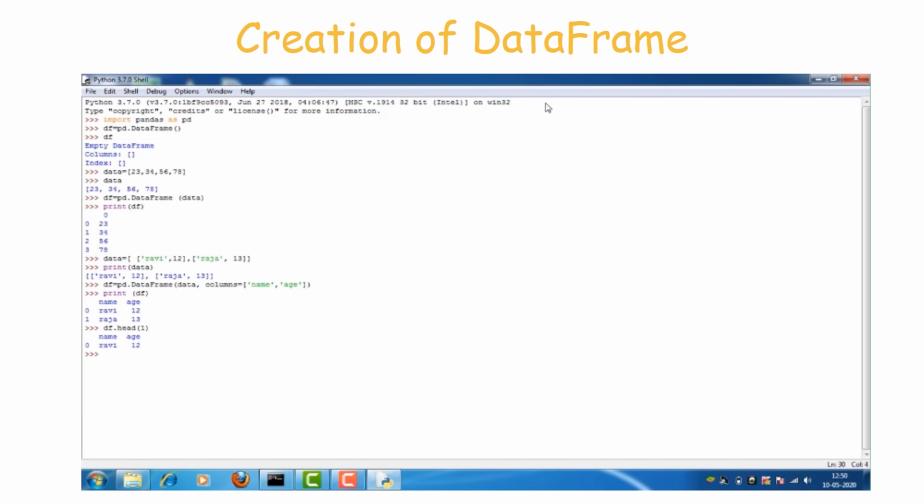By using head, we will get the first record of the data frame. Another method is also available, tail of 1. That means we will get the last record from the data frame.